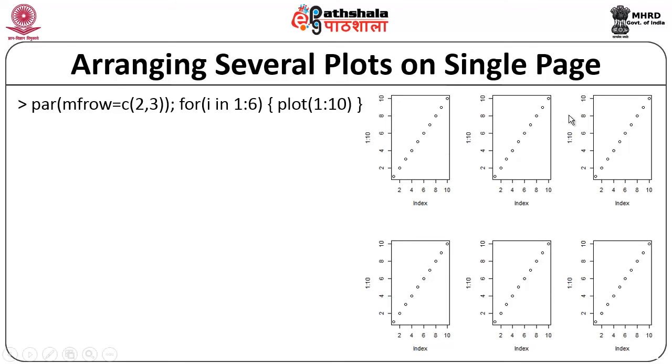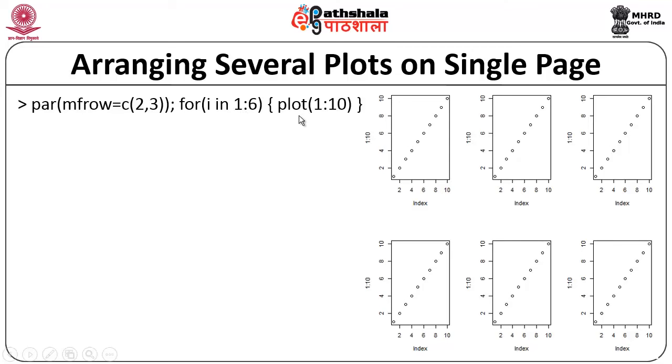So, this size must be passed as an argument to the par function. The first argument which is passed to the par function is the number of rows and number of columns, and then we specify a for loop, and inside the for loop we indicate the plot function, that is we call the plot function. We are going to do 6 plots, therefore, the for loop will be triggered 6 times by setting the index from 1 to 6, and for each and every iteration a plot function is going to be called,